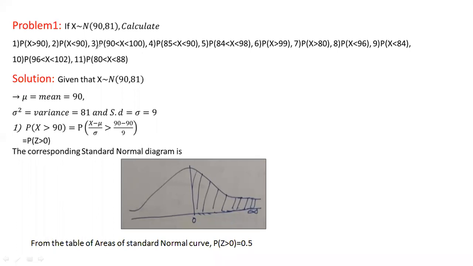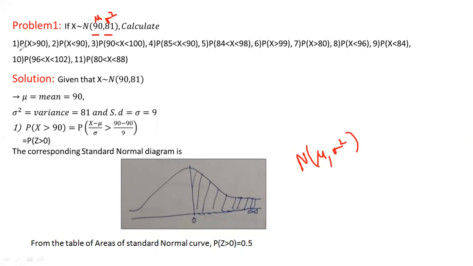Now here is the example. If X is a normal distributed variate with mean 90 and variance 81. So here whatever the first digit they are providing, that is mu, and the variance is sigma square. So here basically the notation will be N of mu comma sigma square. This is a normal distribution. So N indicates normal distribution of mu, sigma square. So here mean is provided as 90 and variance is given 81.